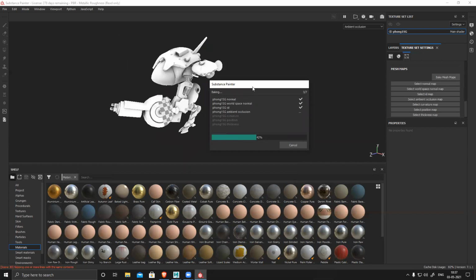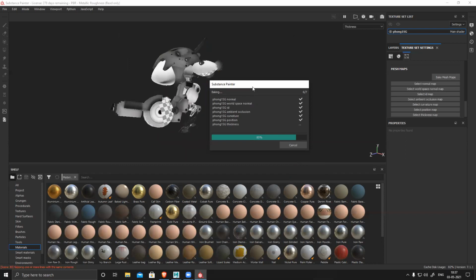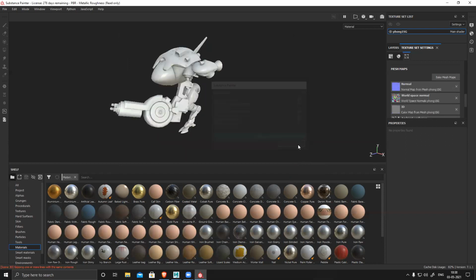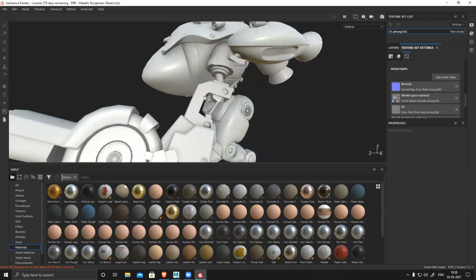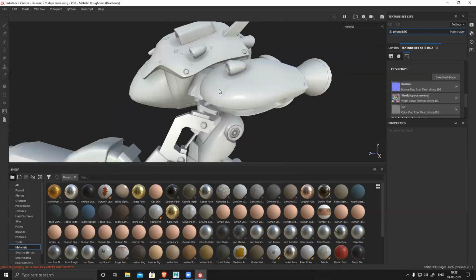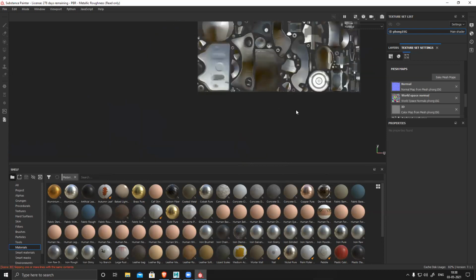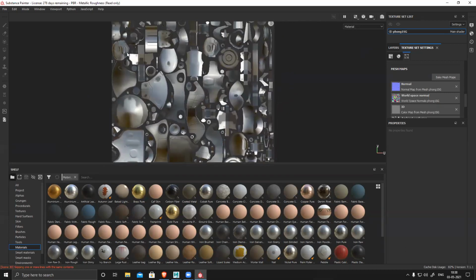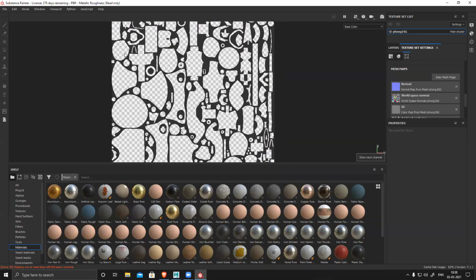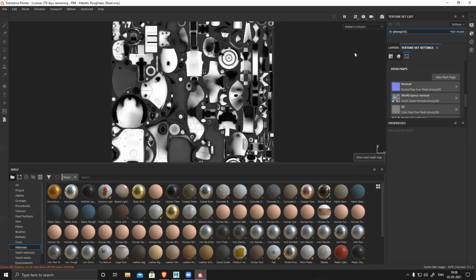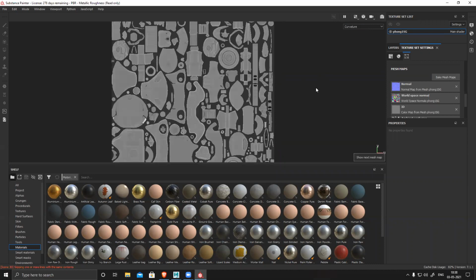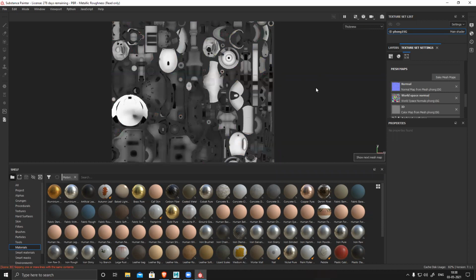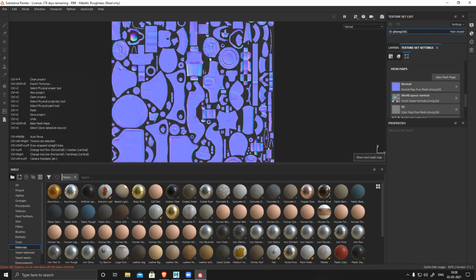And you can see it looks pretty clean. Done. Now all maps are generated. If I press F3 and check my normal map, you can see it looks pretty clean and nice. So I'll check a few parts. Press B for bake maps. So I can see ambient occlusion, everything. My main concern is the normal map. I'll check my normal map to see if there is any problem.